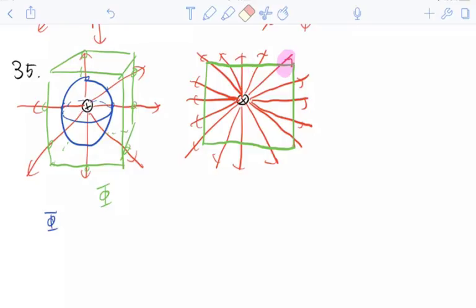But that doesn't mean we're useless. Because let's think about it. This is a symmetric setup. What's the flux through each of the sides of this box? The flux through each side is equal to the overall flux divided by 6, because there are 6 sides. Right? So the flux through the top plate is going to be total phi over 6. The flux through the bottom plate down here is going to be big phi over 6. So the flux from the two plates together